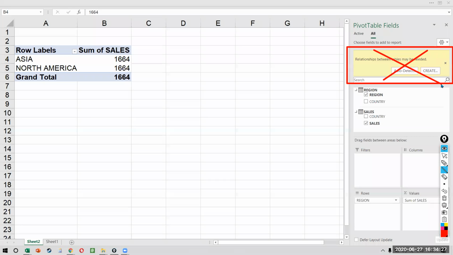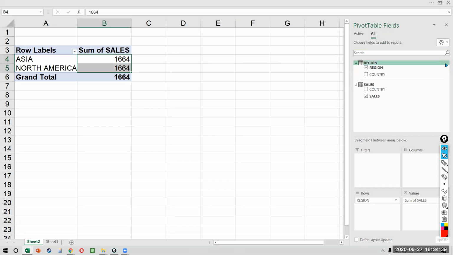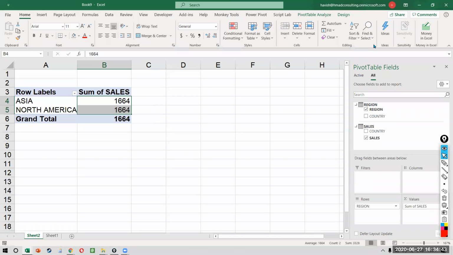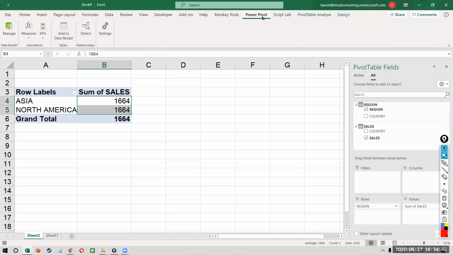Never ever under any circumstance do this. It is very dangerous. It might completely crash your model. You will not even know if you're getting something incorrect or not. The first thing you should always do is close this, because that's not what you want to do. What we want to do is go to Power Pivot and then create a model manually.